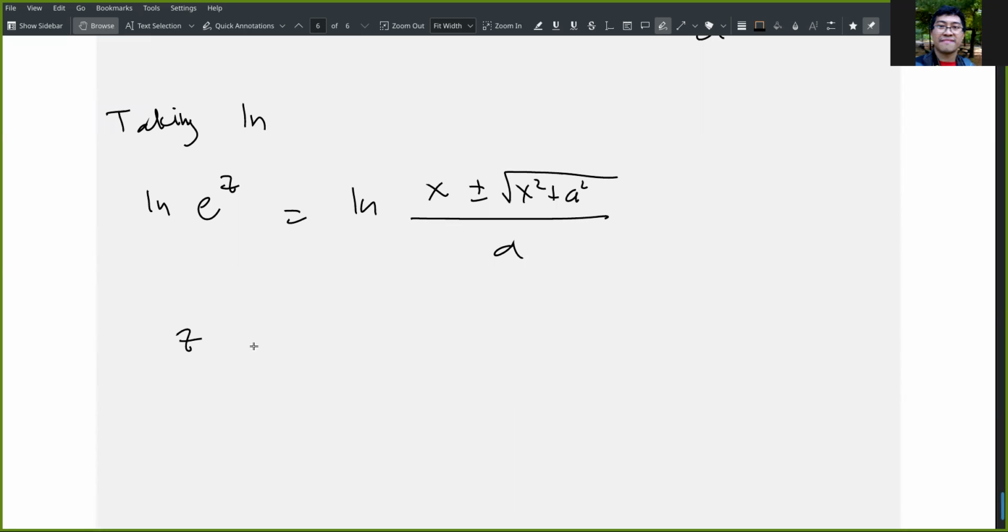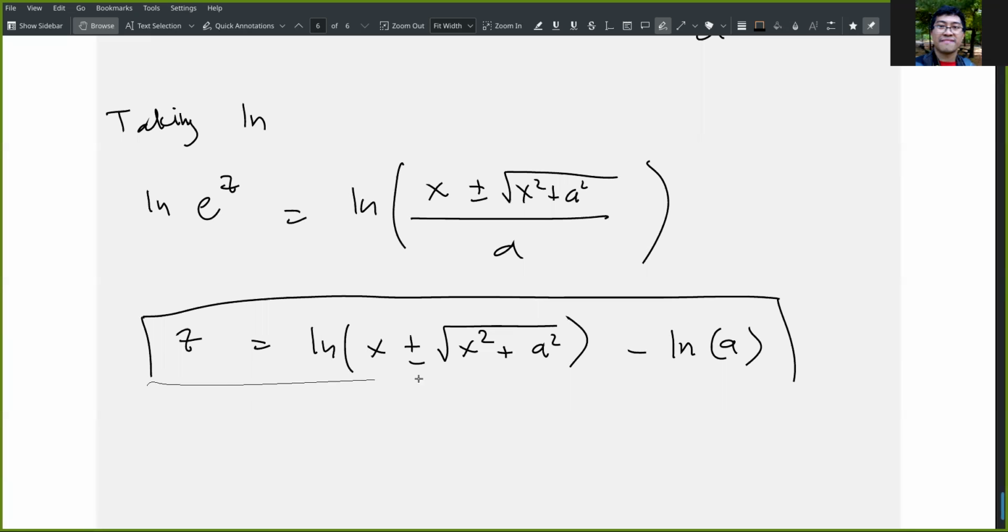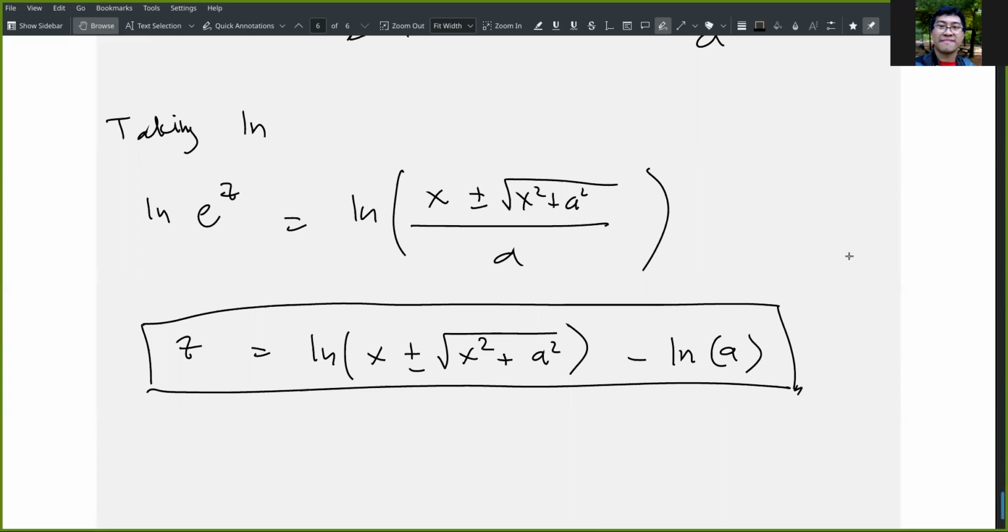So here you have z equals ln of x plus and minus square root of x squared plus a squared, minus ln of a. Okay,